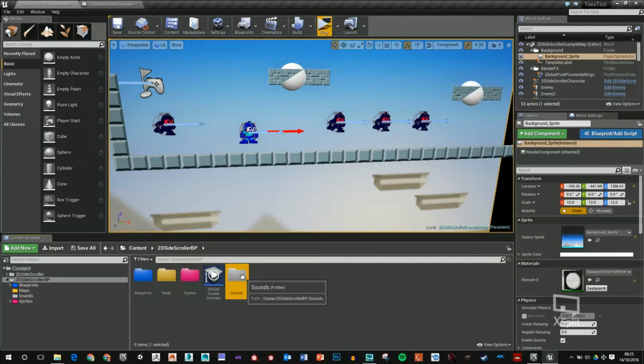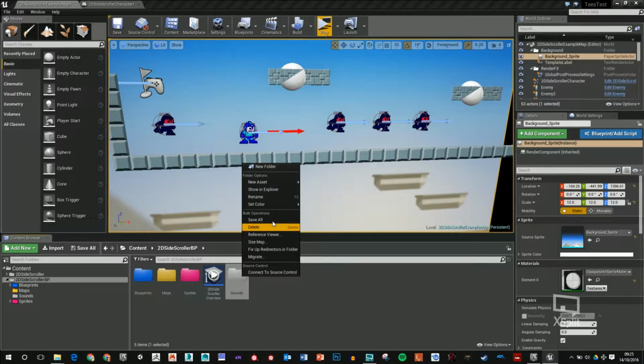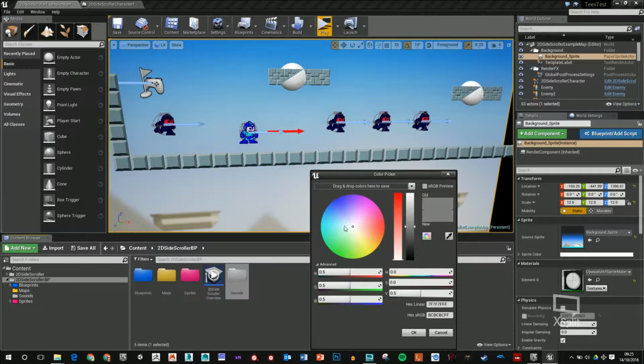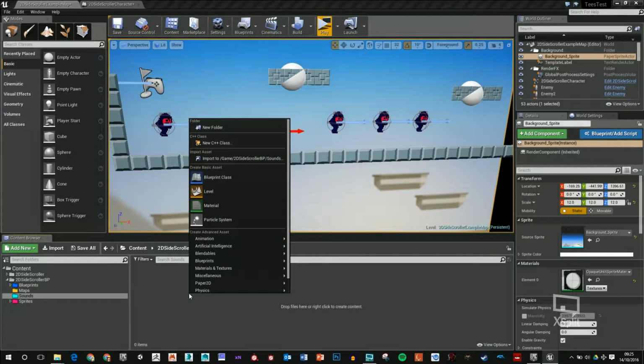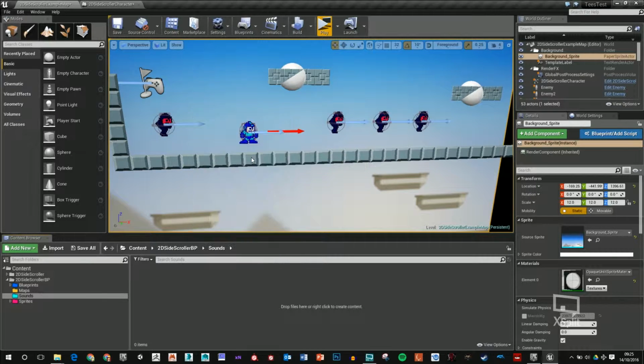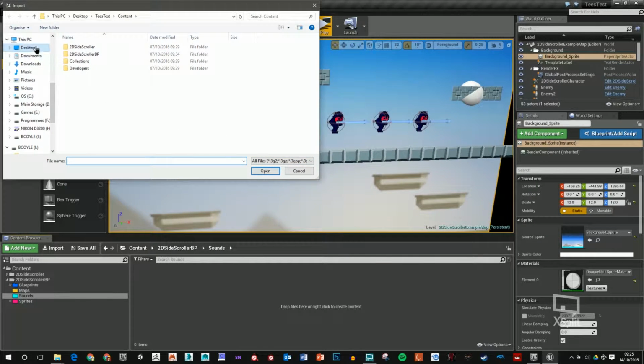I believe your sounds do have to be in a .wav format. You can use something like Audacity to export them out again into a .wav if you've downloaded them as an MP3. So I'll just go for this blue color. And again, all you have to do is either drag and drop them in, or you can just right click and import. I've got mine on my desktop,